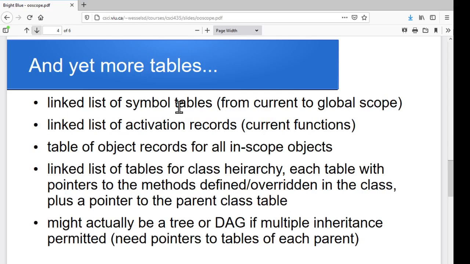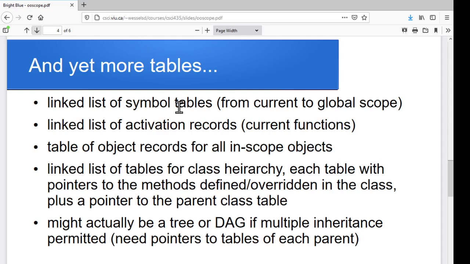Now, maybe there are methods associated with a base class, and then some of those are overridden by a class that inherits from that, and it defines some new ones, and a class that inherits from that defines yet some more, and maybe overrides some of the ones it got from one of its ancestors. Somehow we need to be able to keep track of the method implementations directly associated with each of the individual classes, and some way to follow this inheritance hierarchy. So if I call method foo, I have to be able to figure out which version of foo is the